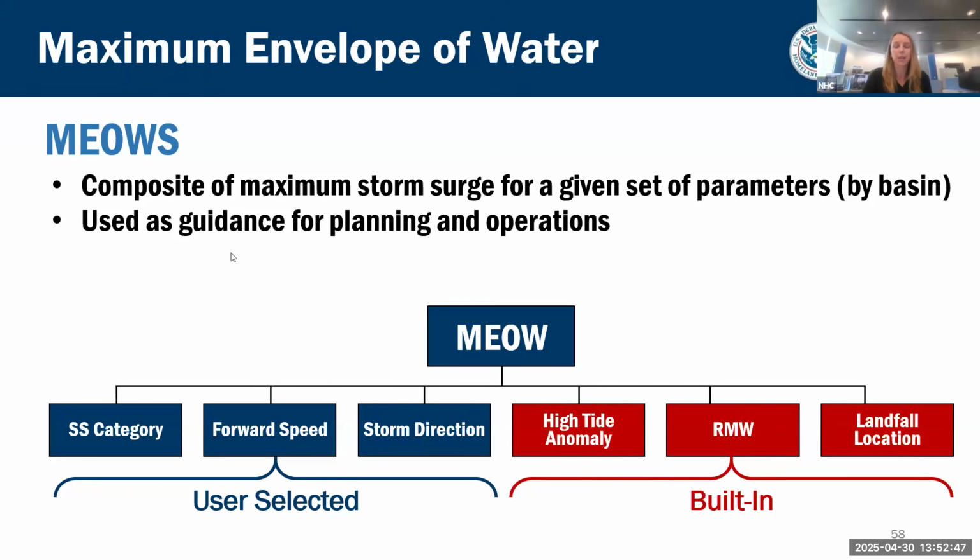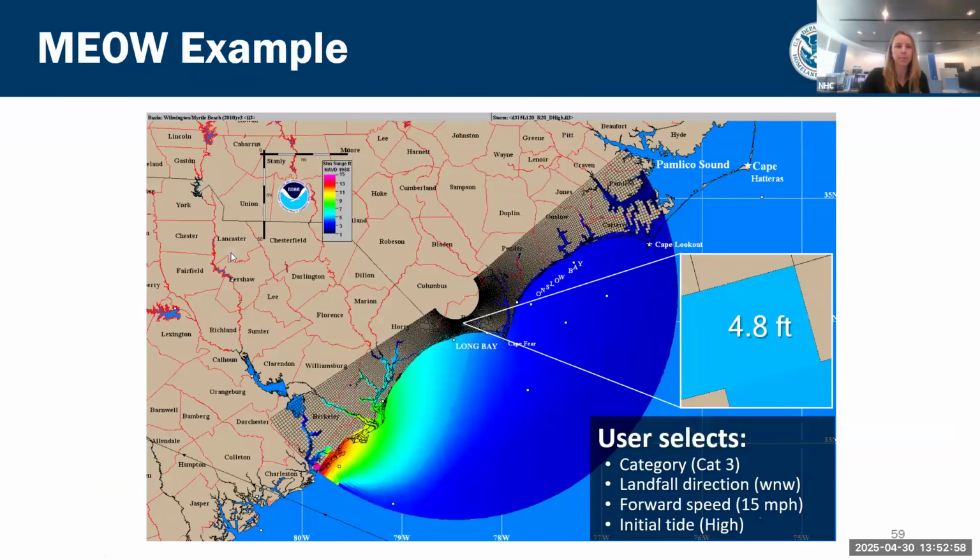So this is kind of your summary slide. If you don't understand it yet, I'm going to build one for you, and hopefully that will kind of answer your questions on what exactly it is. So let's build a MEOW. So here you can see this is the South Carolina and North Carolina coastline. This shape represents the SLOSH basin located in this area. Along the bottom, you see a skinny black line. That is your single track. And it's going to have these user selected parameters.